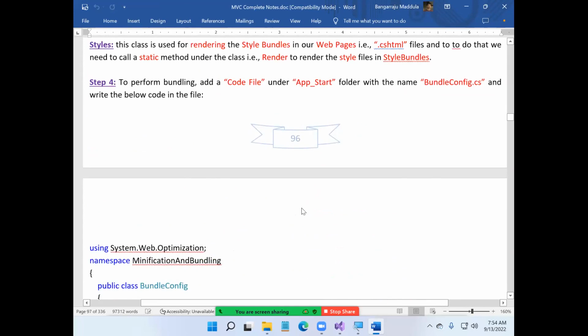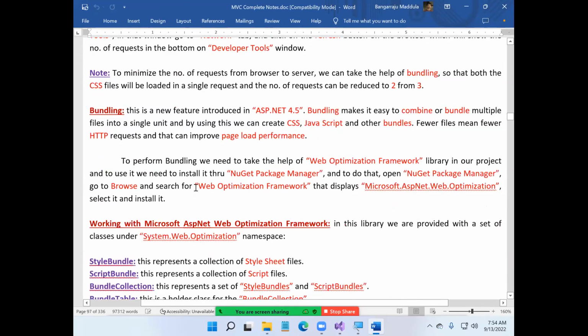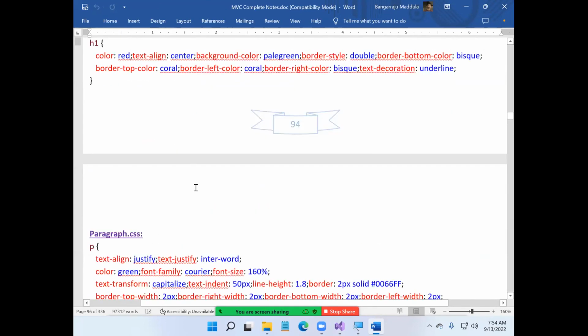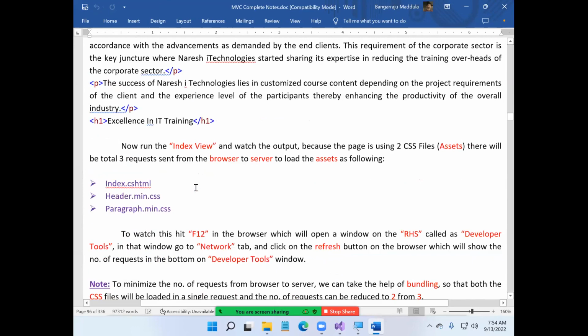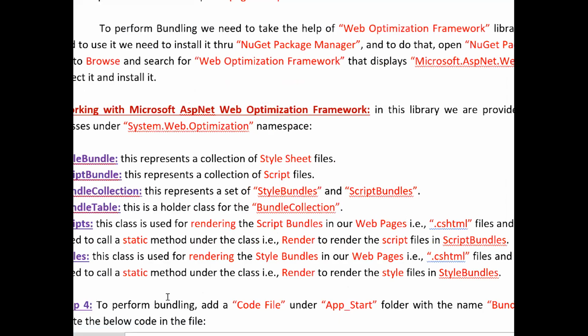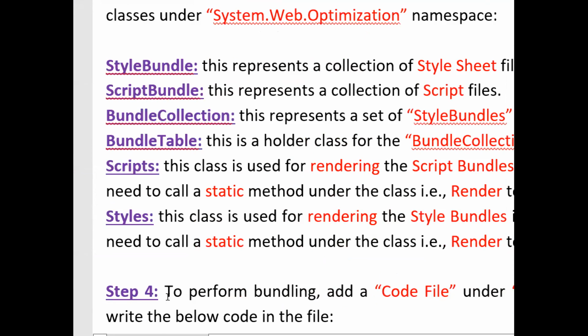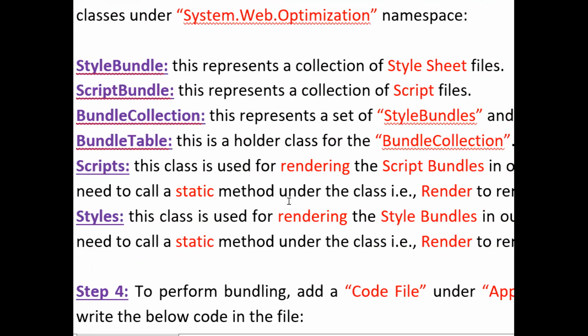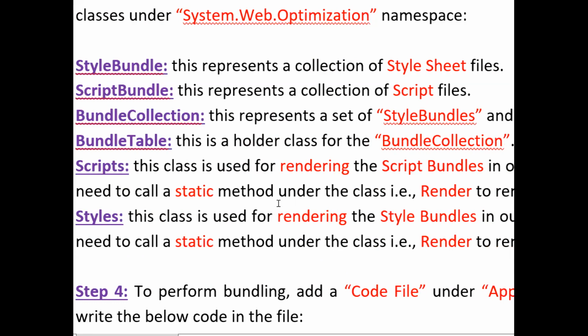So here we have a set of classes, when we add the reference. Now look at the classes, guys. The first class represents the collection of script bundles: the bundle collection represents a set of style bundles and script bundles. Basically it represents the bundle collection. Next,